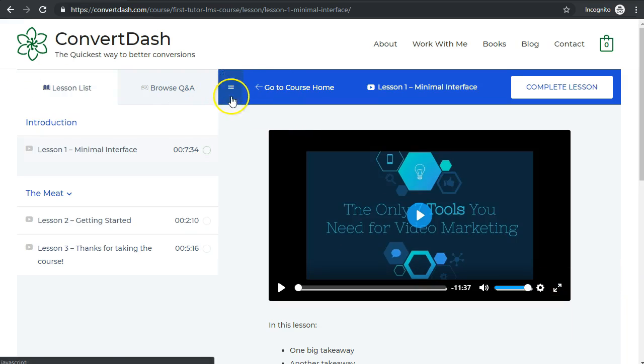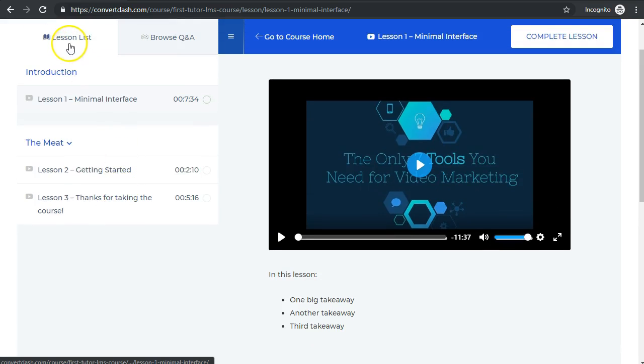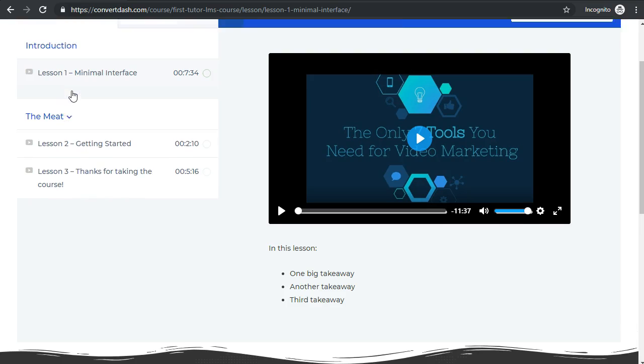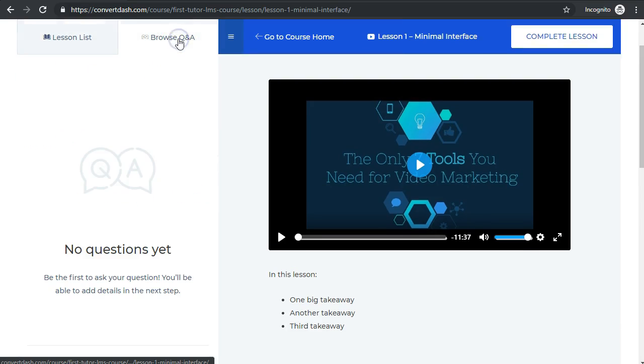As I pull out the side, what I like is they have the lesson list so you can quickly navigate around and collapse if this is a really big course. What you can also do is ask a question directly here, and this is very intuitive. I have a problem. I want my students to be able to leave questions and leave comments on the lessons. That's a very efficient way to do course support. That way, if somebody asks a really good question and it's right there in the lesson, you can go ahead and update the lesson itself, add the course content in, or just give a thank you in the comment section